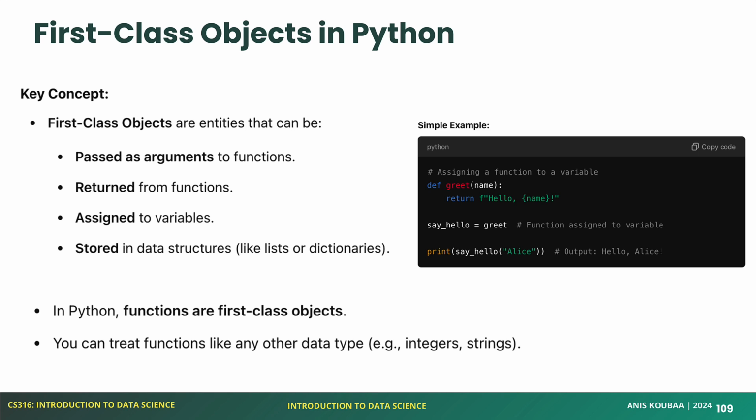But this makes it a first-class object. This is an example of assigning a function to a variable. And then I can call the function by the variable name and apply the same argument. Is it clear? Yes. So how do you return a function from